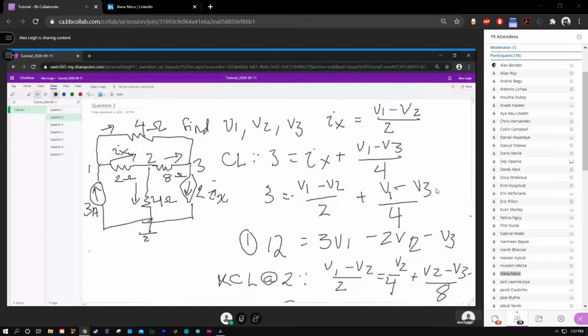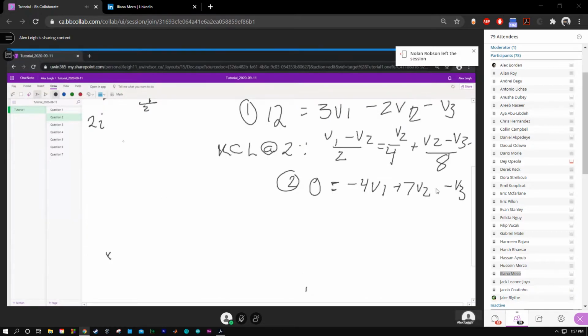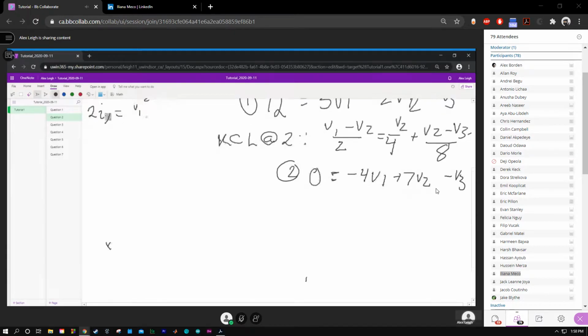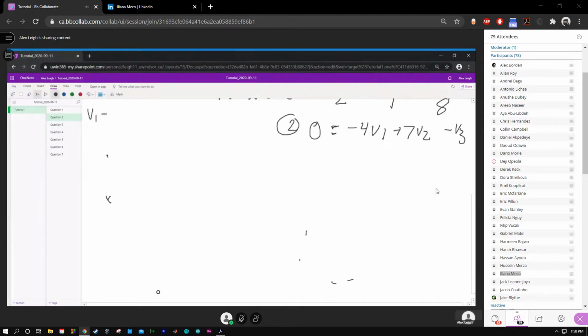So we end up with what's exiting, which is 2 times Ix, and that's equal to V1 minus V3 over 4 plus V2 minus V3 over 8. And we know what Ix is. We know that Ix is V1 minus V2 over 2. So then we're going to end up with V1 minus